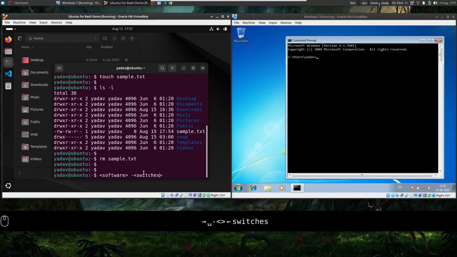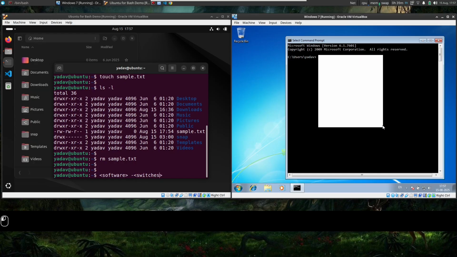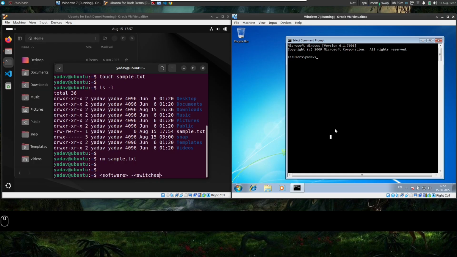To understand it, if you are coming from a Windows background, let me show you. If I want to open some folder in the GUI, I can do explorer, which is the software used to graphically show files and folders. My present directory. The present directory is represented with a dot also.